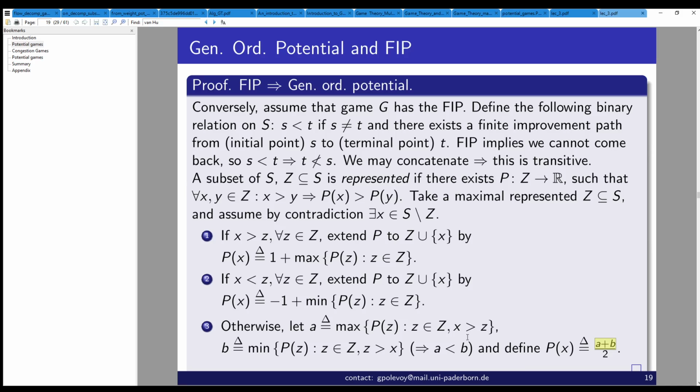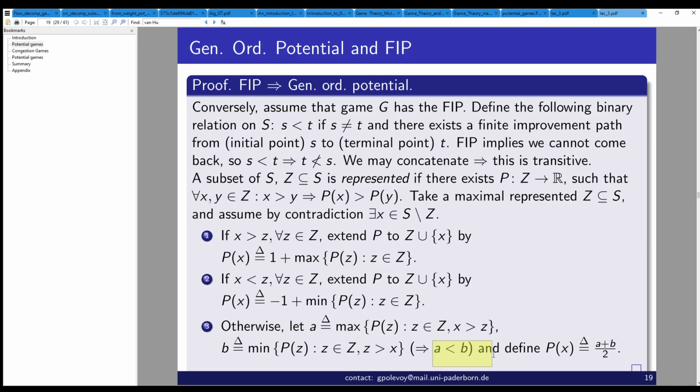Now, A is strictly smaller than B, that's important. If there is nobody which is, for example, strictly smaller than that, there is no requirement of that side, so we can just take A to be anything which is smaller than B. So if there is nobody, we can just take anything, because the requirement is only when we have some path, some finite improvement path. But if there is someone,